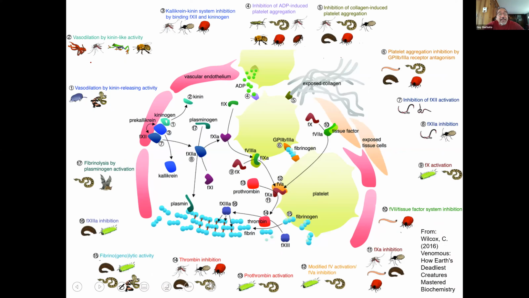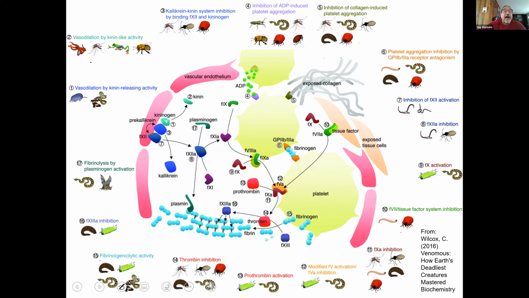We'll look at this one again a little bit later on in the semester. This is one of my all-time favorites. This comes from a recent book on the biochemistry of toxins. And the title of the book is How Earth's Deadliest Creatures Mastered Biochemistry. And this is a great systems